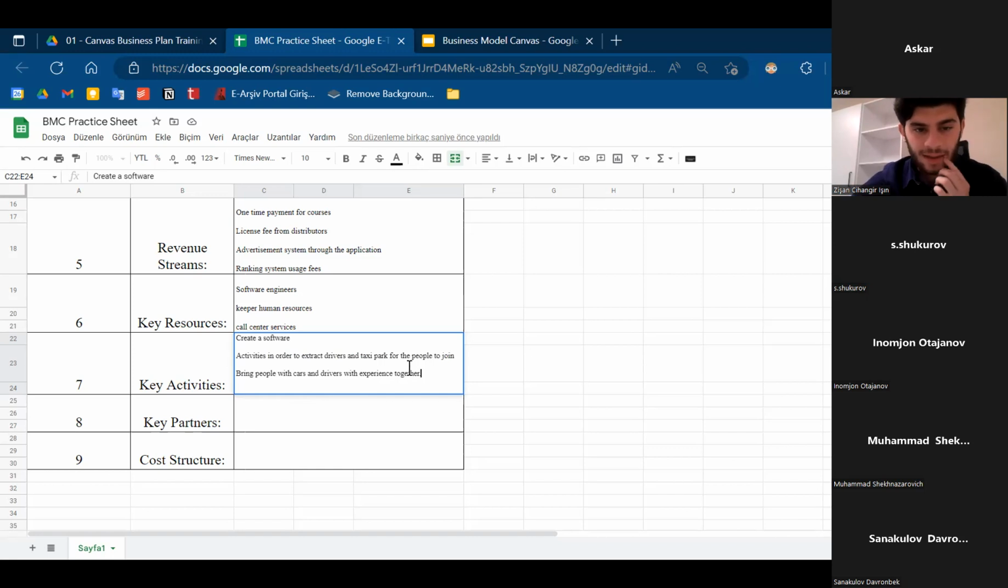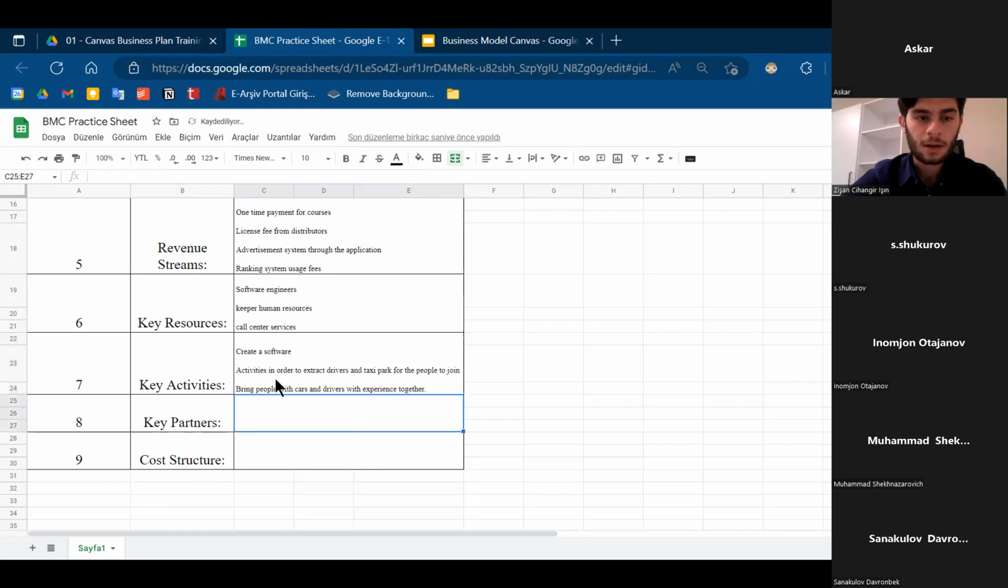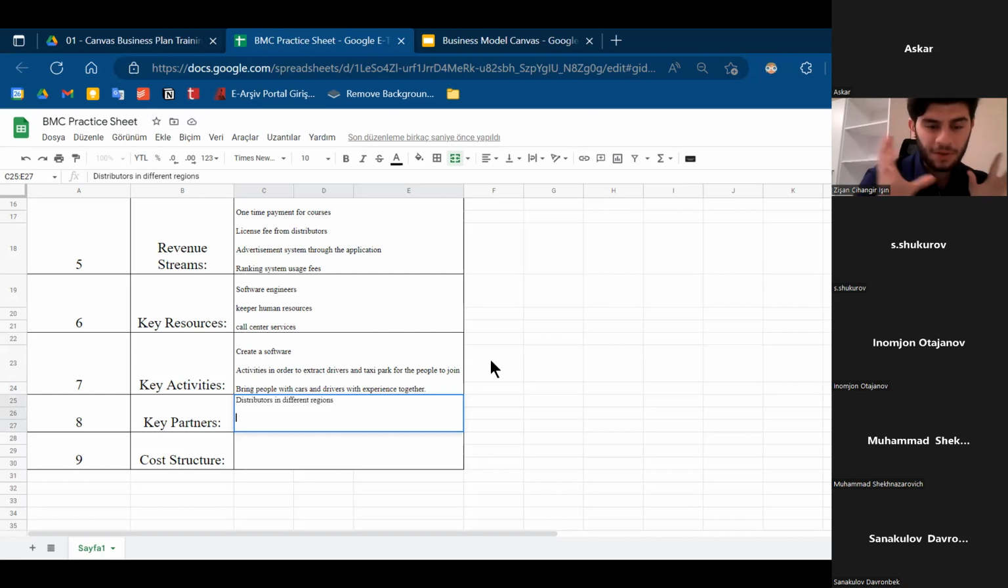Yes, great. Anything else like key activity that you must have? Or are these enough for you right now? Maybe that's enough. Okay. What about the key partners? Key partners, as I already mentioned, are cursors in regions. So key partners would be some distributors. I understand, right? You need different distributors. Yeah. That's all. We have no more partners in that way.